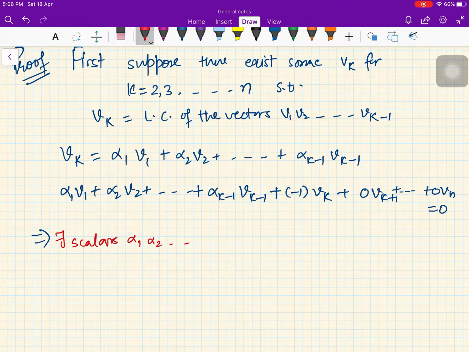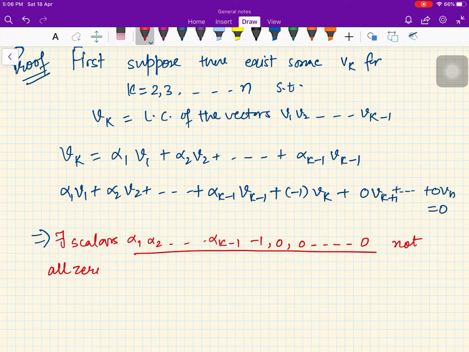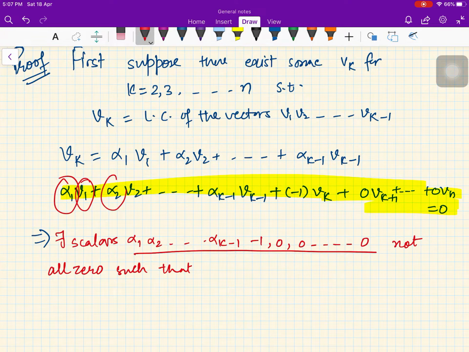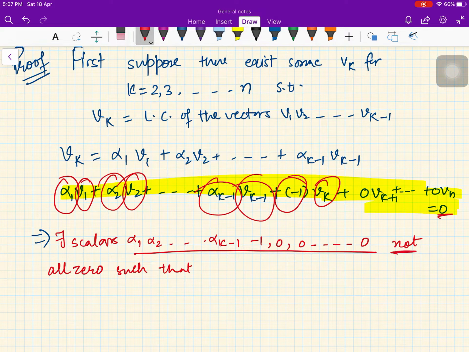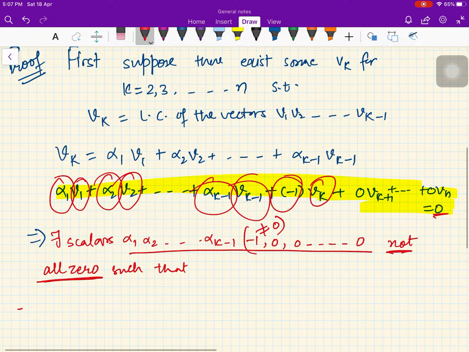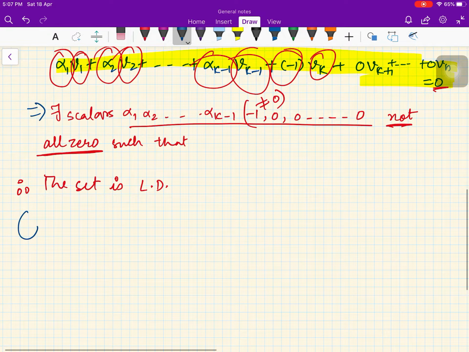It means that there exist scalars alpha 1, alpha 2, up to alpha k minus 1, minus 1, 0, 0, 0, and these scalars are not all 0, such that alpha 1 into v1 plus alpha 2 into v2 plus up to alpha k minus 1 into vk minus 1 minus 1 into vk equals 0. We are sure that not all are zero because there is at least one minus 1, which is non-zero. Therefore the set is linearly dependent. This is the definition of a linearly dependent set. Now conversely,